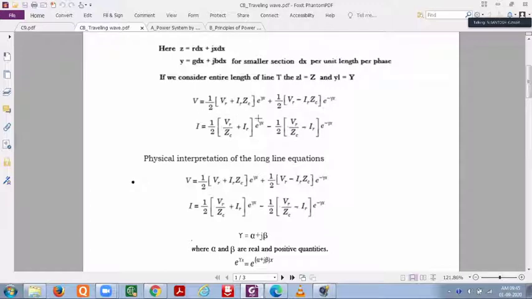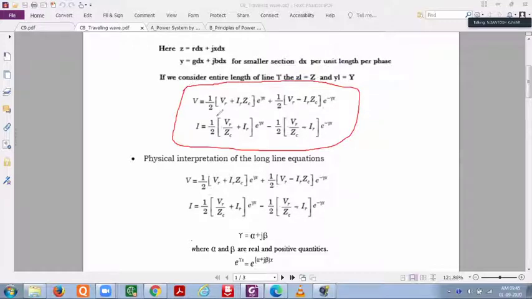These are your voltage and current equations. So please everyone do remember this. It is simple to remember these equations, no need to get confused here. Simple, you just see V equals 1 by 2 of VR plus IR ZC. The same term here, but negative, right? And the exponential term positive, and here negative. Similar to your voltages, currents also have VR by ZC, because current is nothing but V by Z.